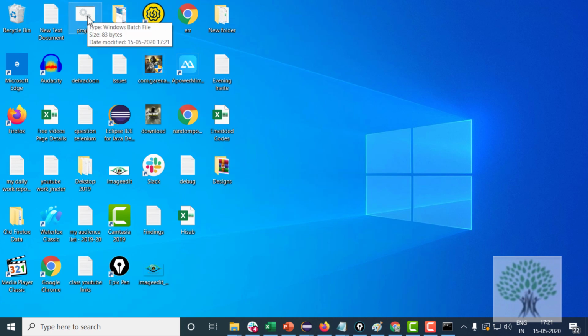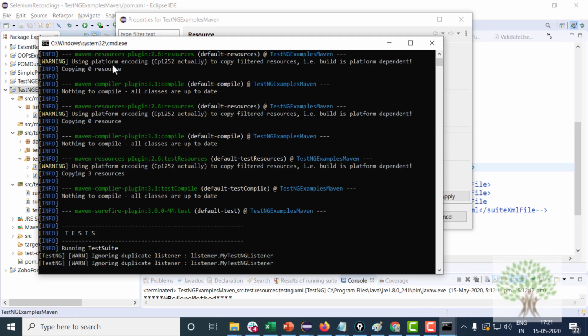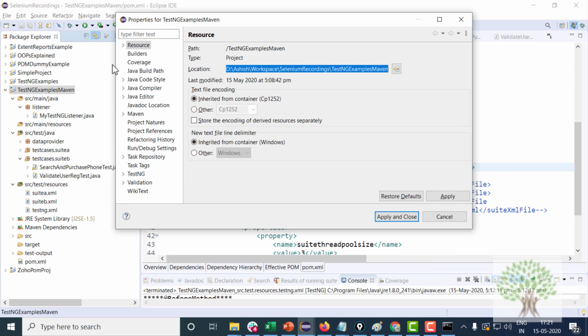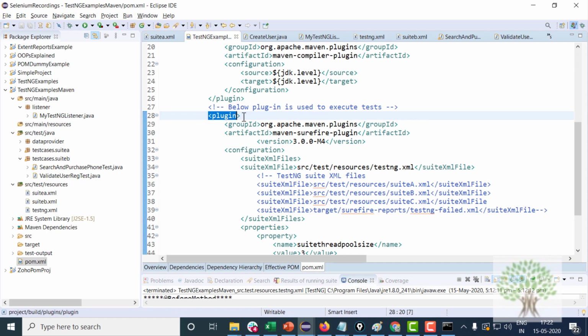Okay, and if I just double click on it, it will execute the project. So even a manual tester can execute the project without opening Eclipse. He can just change the data in the Excel file maybe, or some external file, JSON file, and just execute the project. So this is the advantage of Maven: first of all you can run it from the command prompt, you can create a bat file, and later on we'll see we can easily run it from Jenkins as well.